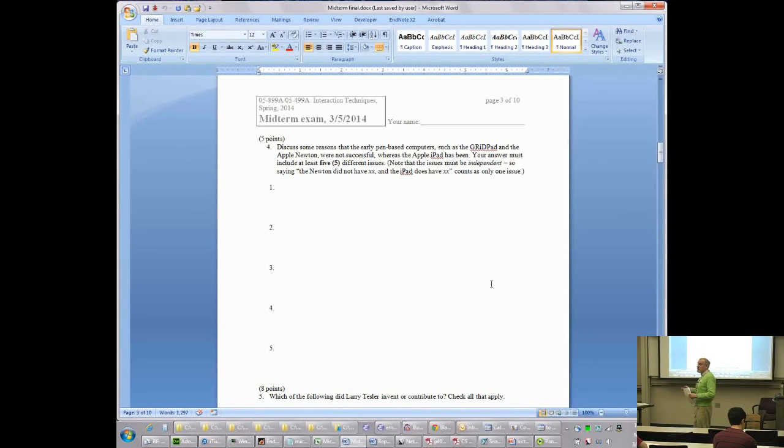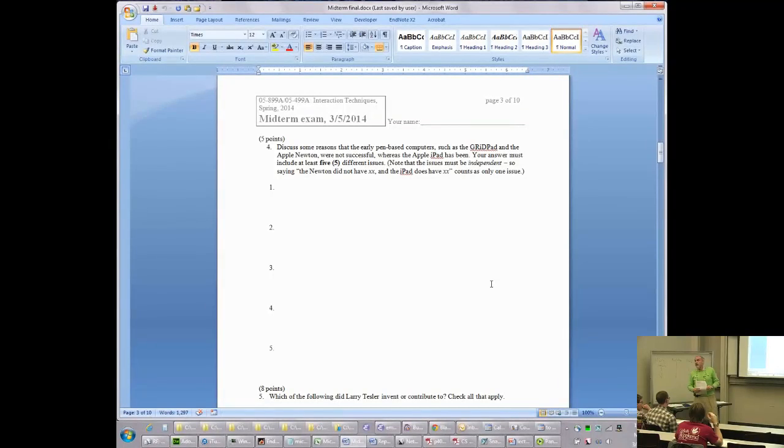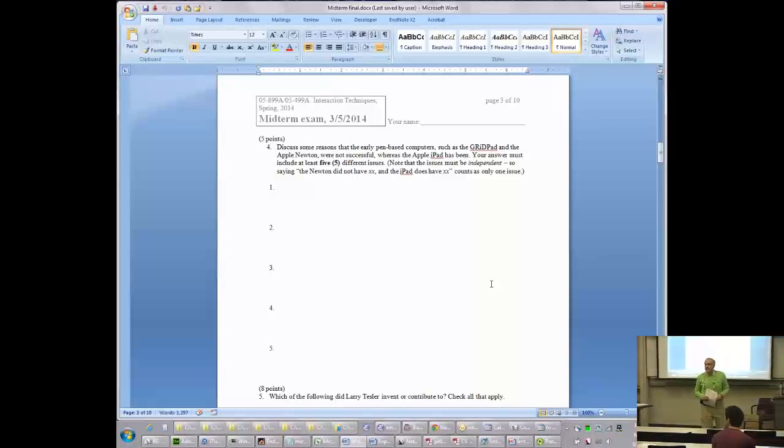Right. So one of the obvious ones is the handwriting recognition was poor, and that really deterred people from using it. What else? Battery life. It was really heavy and slow, and it only lasted for a couple hours. Yeah. The early systems required a stylus, which meant if you lost the stylus, then...